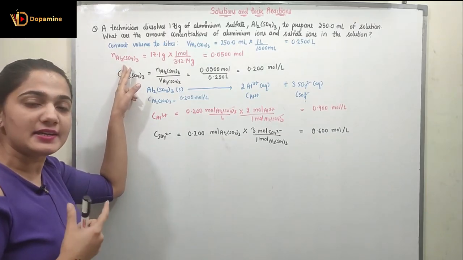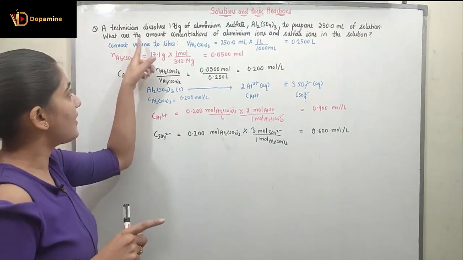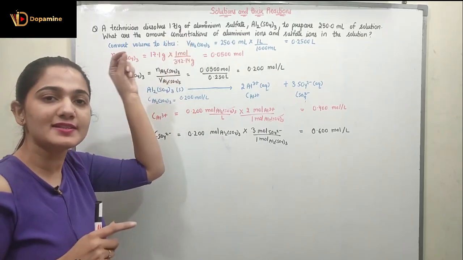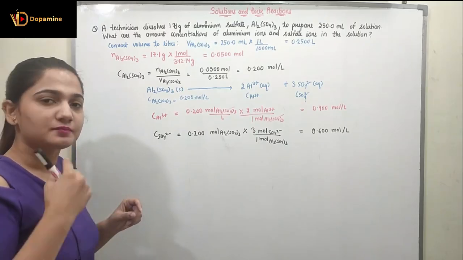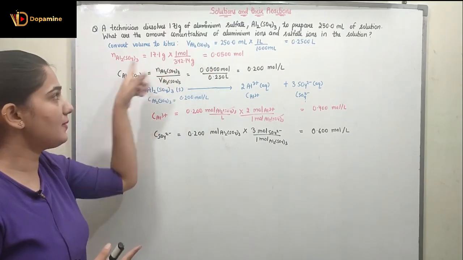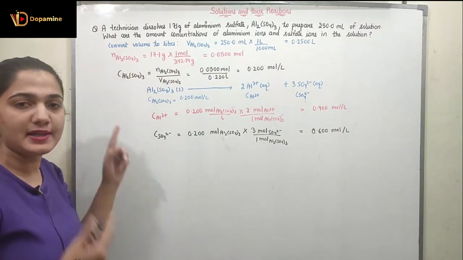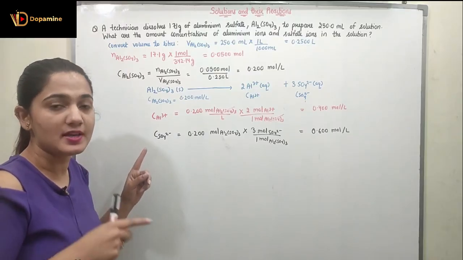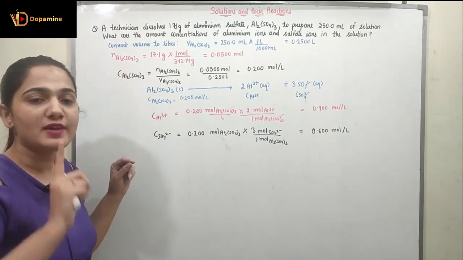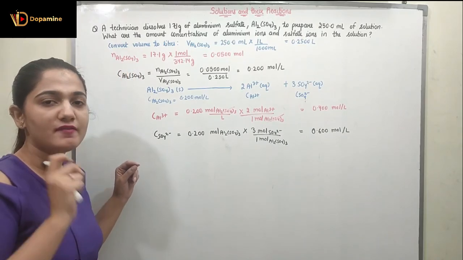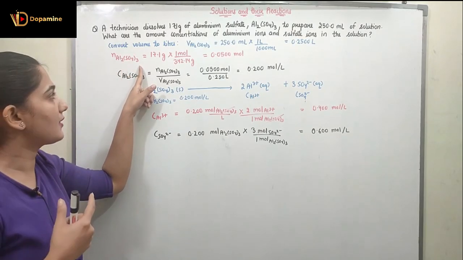Now the second thing that I need is the number of moles of Al2(SO4)3 to find out the concentration. We need to find out the concentration of aluminium ions and the sulfate ions. For that we need to first find out the concentration of aluminium sulfate. For the concentration, I require the volume and the number of moles, or amount, of aluminium sulfate. So the number of moles can be calculated with the given mass upon molar mass, right? So here we have the molecular mass of Al2(SO4)3. We know the molar masses of aluminium, sulfur, and oxygen, and with the help of the molar masses we can calculate the molecular mass of Al2(SO4)3. Right, we know how to calculate that.